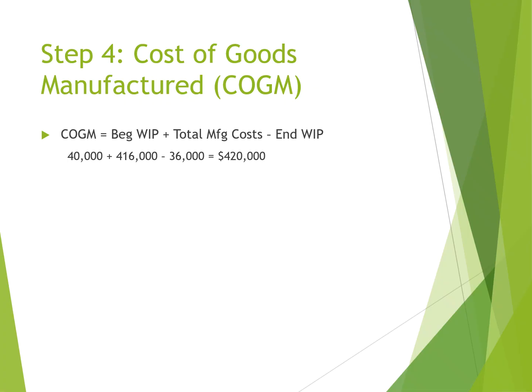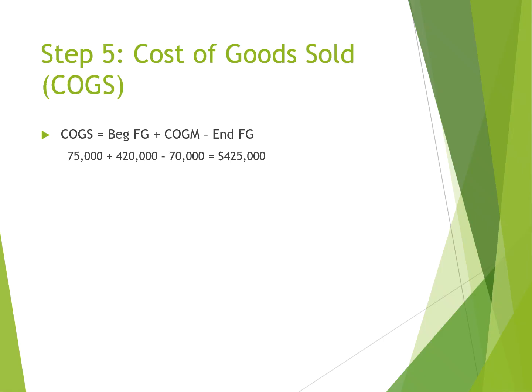COGM is the value of products that were completed this year. The formula is beginning work in process plus total manufacturing costs minus ending work in process, which gives us COGM of $420,000. Finally, when products are sold, they become cost of goods sold: beginning finished goods plus COGM minus ending finished goods, which is